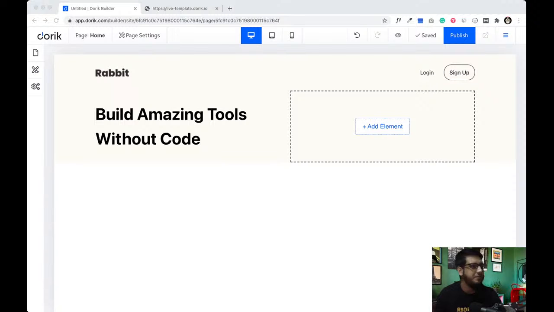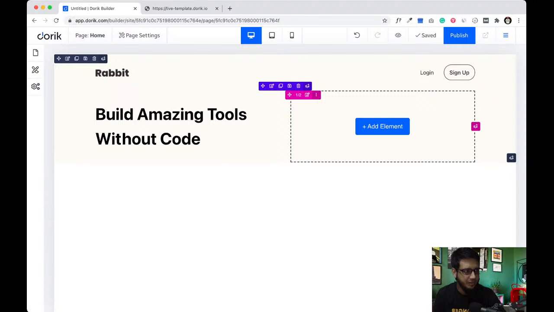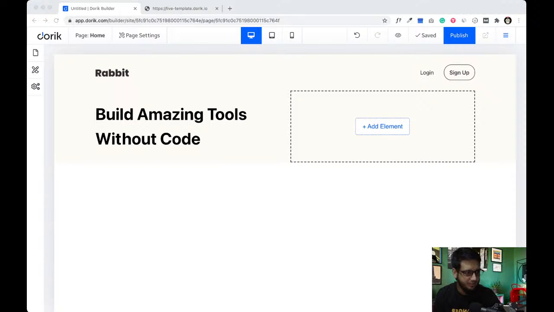Okay, so can you see my mouse cursor now? If not, I'll just, where it is.